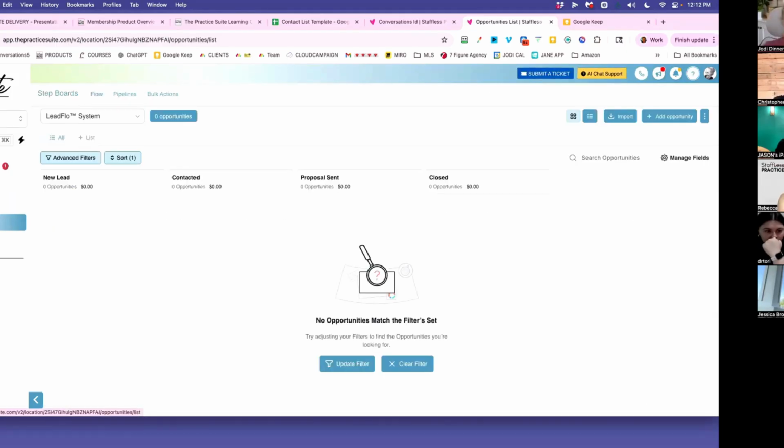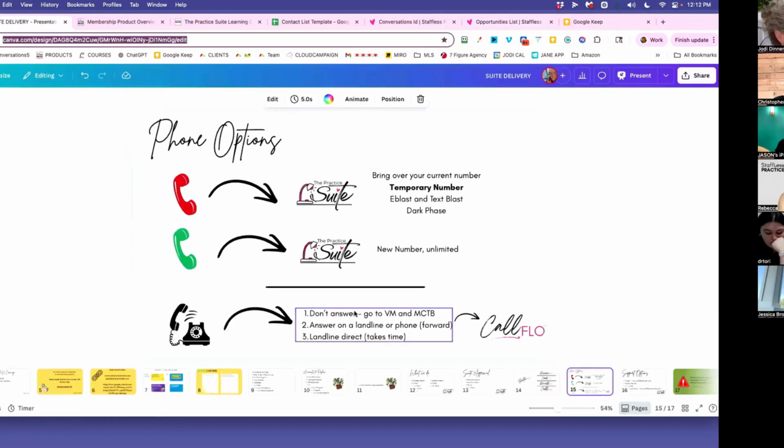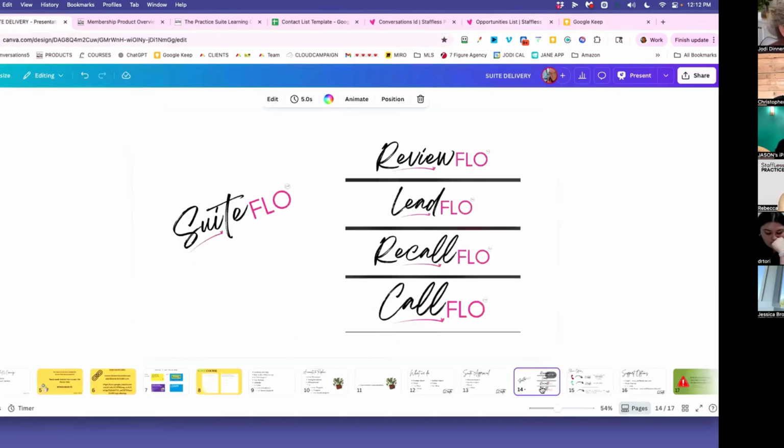So this is a big announcement. Effective immediately, we now have what's called the Suite Flow system. Suite Flow system are the main workflows that we give you with the practice suite. They're the main one-click solutions that are ready to rock and roll for you. The first one is the review flow, where you click the orange button and it sends a review request to